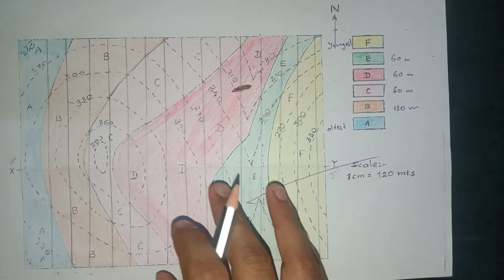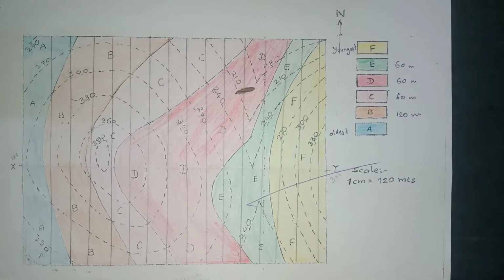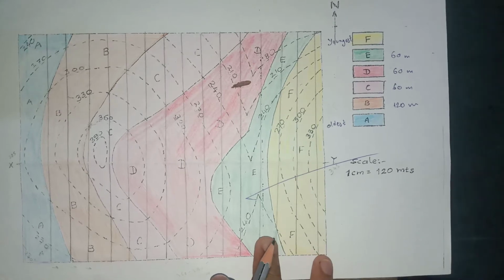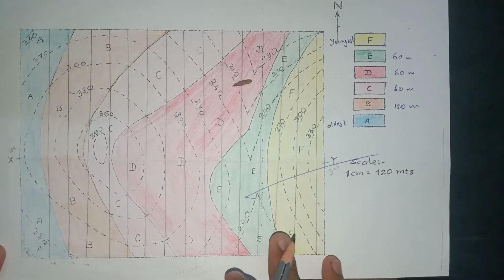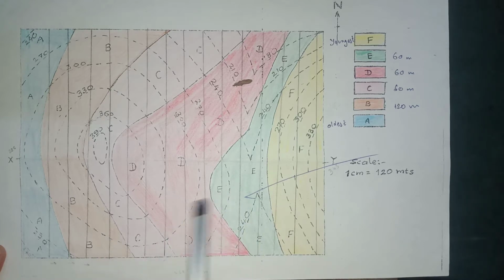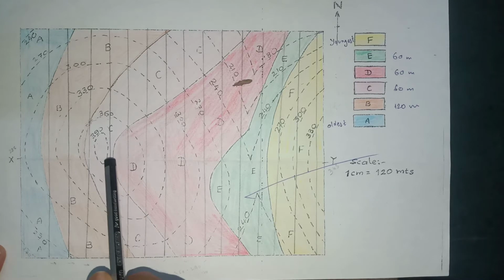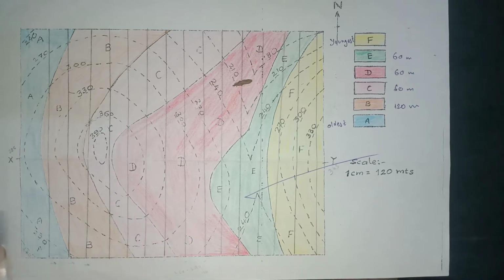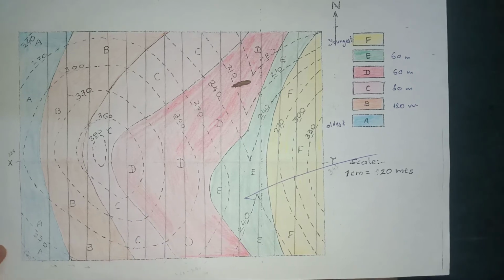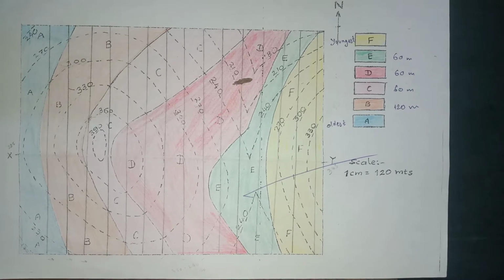Now for such kinds of problems, as in the previous video we have seen, the horizontal beds have no dip value, so we cannot draw a straight line for them. But here, as we know that the contour line and the continuous line are intersecting, these beds are inclined, so they may have a dip amount. So for that we have to draw a straight line.